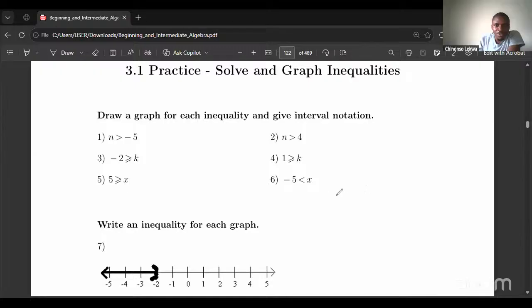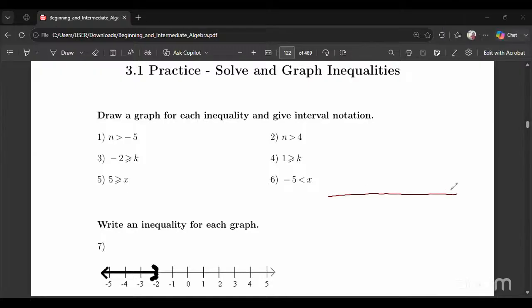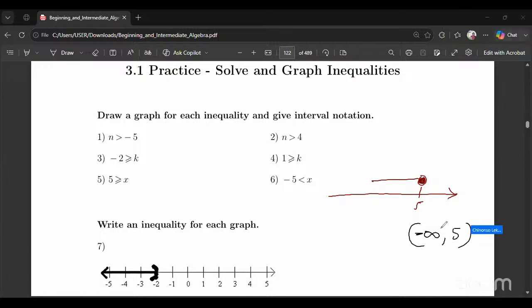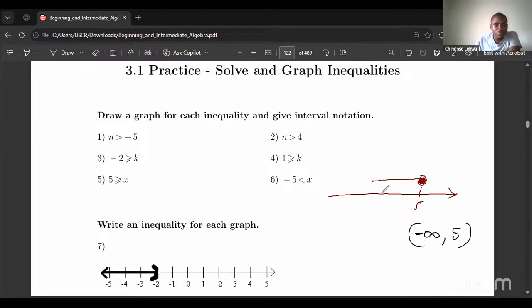So you solve question 5, right? So that's going to be, yes, negative infinity and 5. So what that negative infinity shows is, excellent. Yeah. Again, just to add to what Mr. Chinonso is saying,